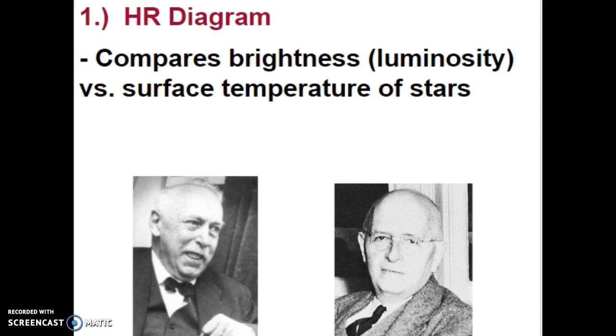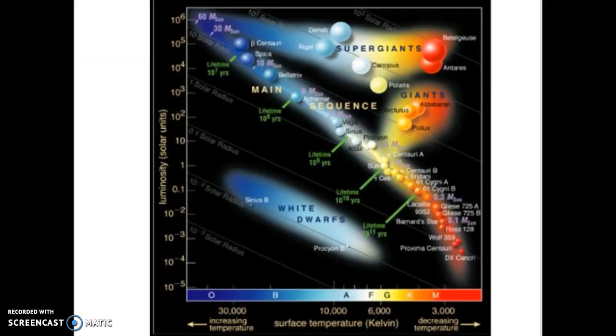Two very important astronomers, Ejnar Hertzsprung and Henry Russell, were classifying and cataloging stars. They were comparing the brightness, or the luminosity, of stars versus their surface temperature. As they were charting these stars, they realized that stars ended up in certain types of categories. And so they developed what's called the Hertzsprung-Russell diagram, which, as you can see here, gives us along the x-axis,